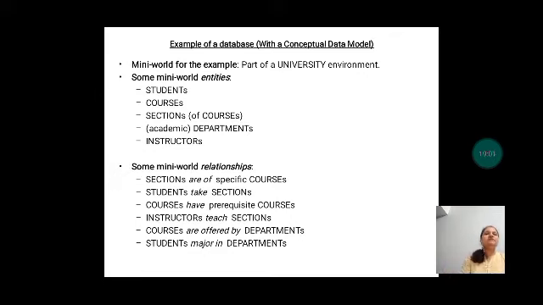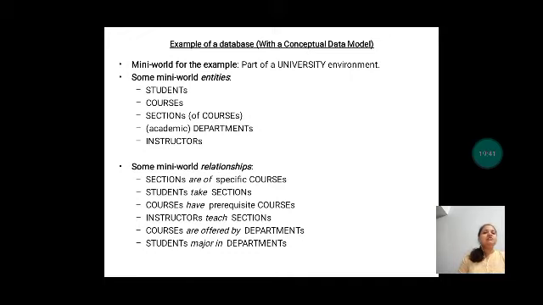So what have we seen here? The database is about the university environment, so a university database. In that university, we first have to recognize which objects, which entities come. With respect to the university, we have recognized the students, courses, sections, departments and instructors. It is not limited and not fixed; there can be many more entities. As of now, for this example, we are restricting it to these entities.